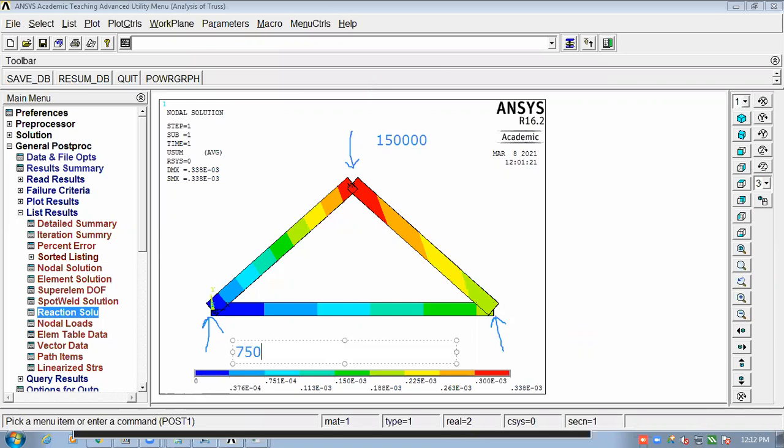Let things become very clear. This is 75,000 here, and again 75,000 here. Yes or no? Let me know, is it okay to each of you or not? Yes, sir.